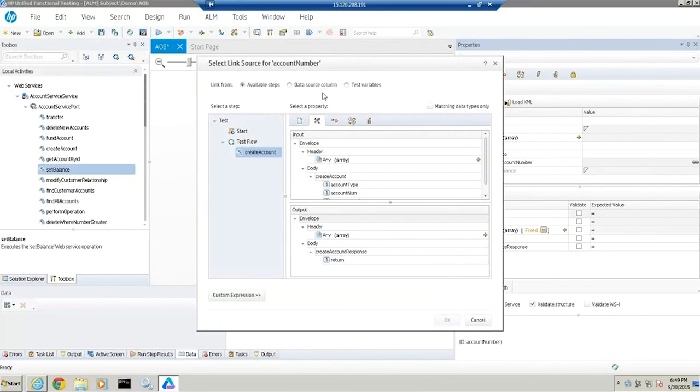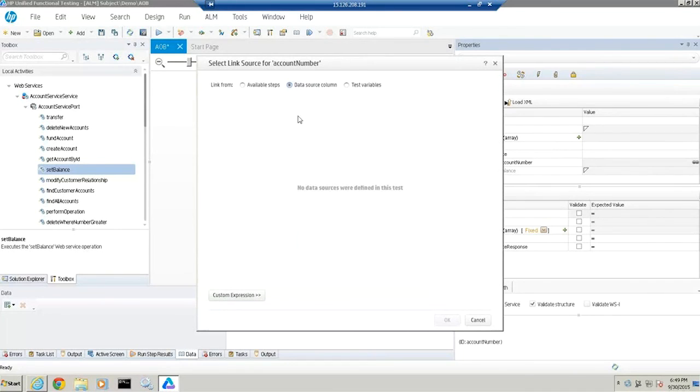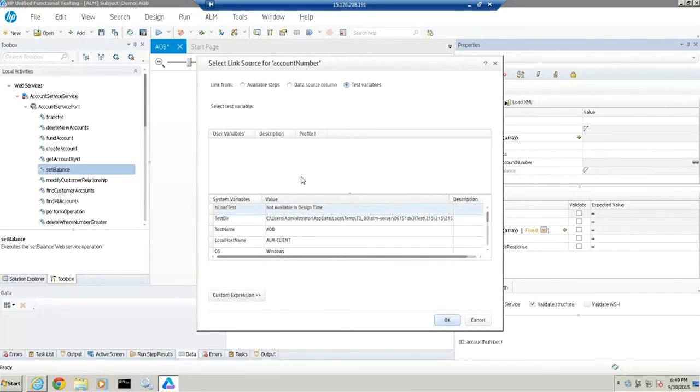I can create a data source, or input a data source. I could use test variables, which link to variables unique to this machine, OS, certain generators, product versions. I could link to those, but what I want to do is link to an